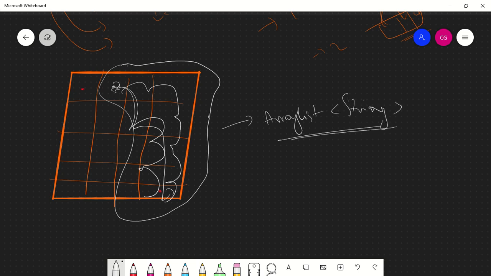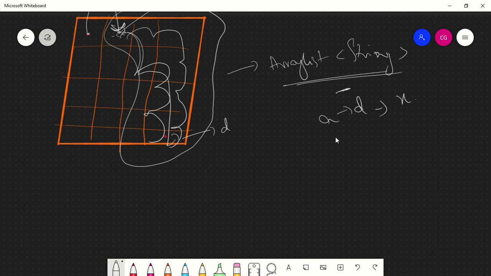Then what do you need to do? You just need to add this path to all these array lists. Imagine there are x paths which are returned from here. Let's say this point is A and this is D. From A to D, imagine there are x paths. So for each xi, you can add h1 to it.